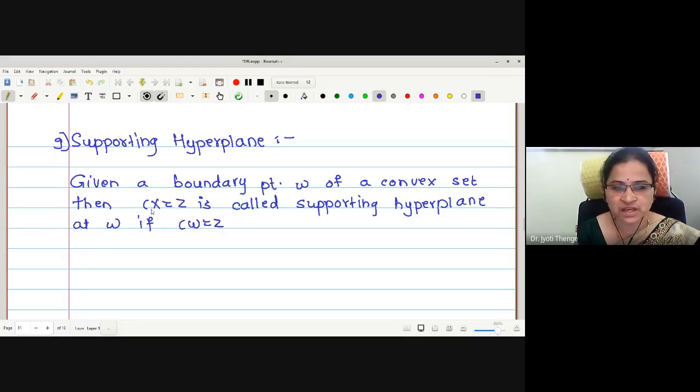W satisfies the equation of a hyperplane, which means that the boundary point W of a convex set lies on the hyperplane,